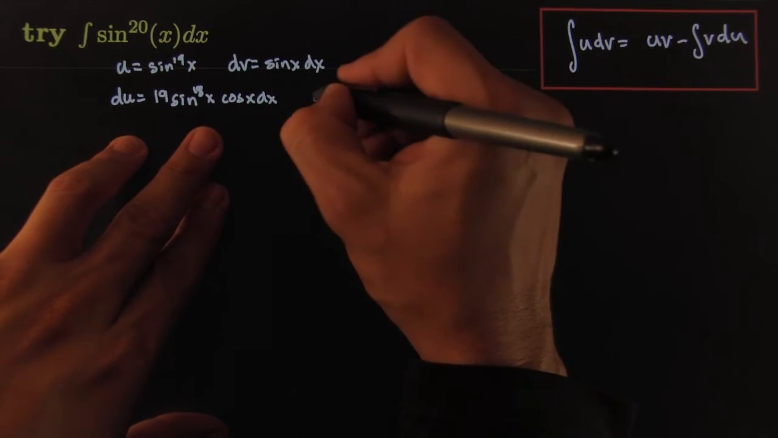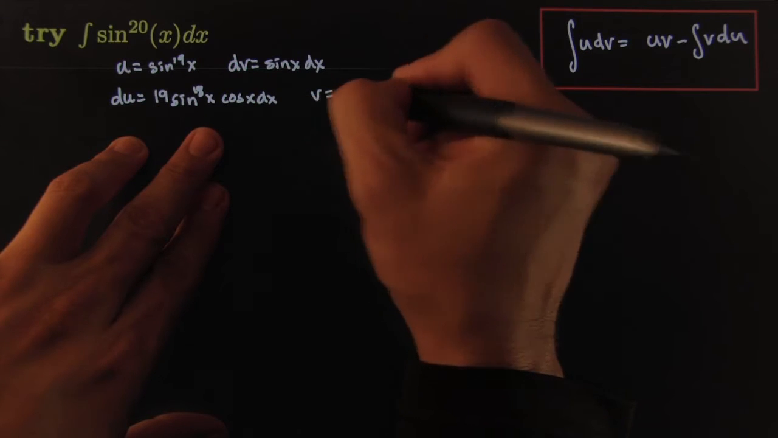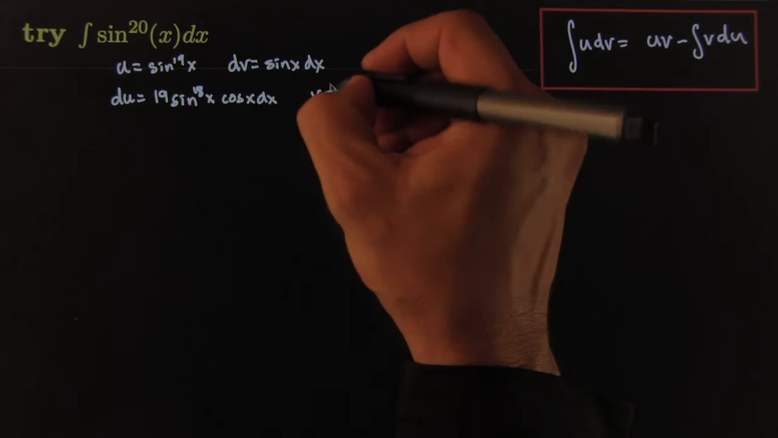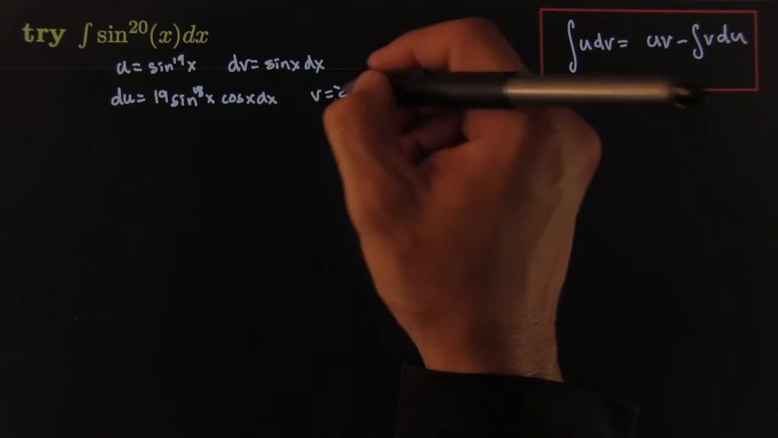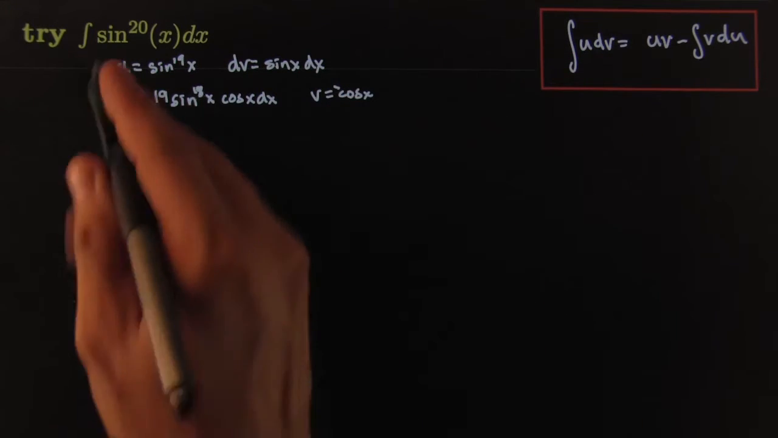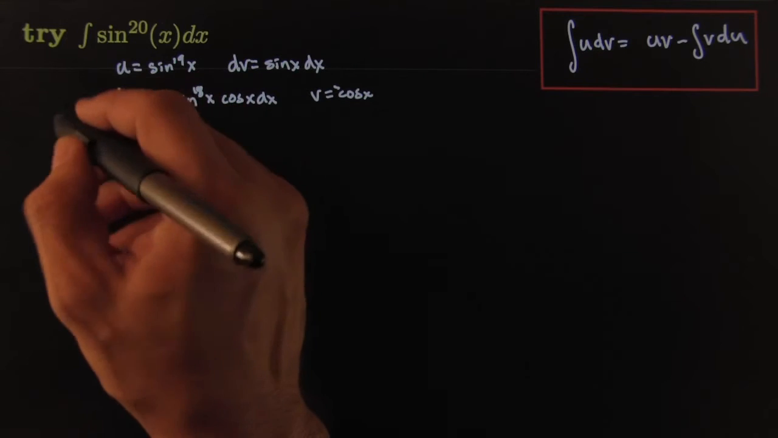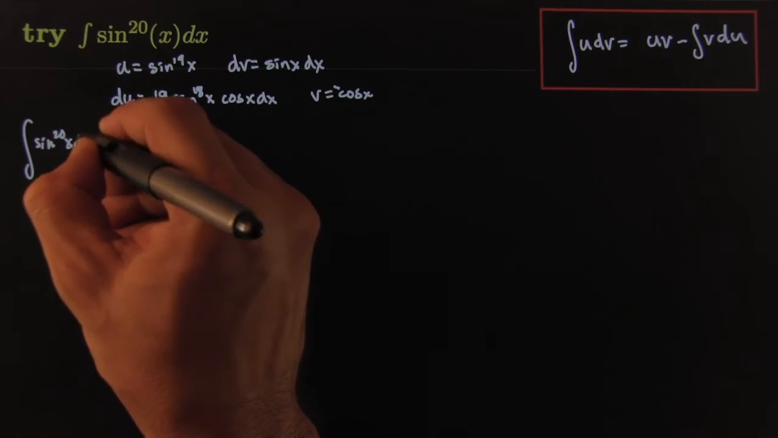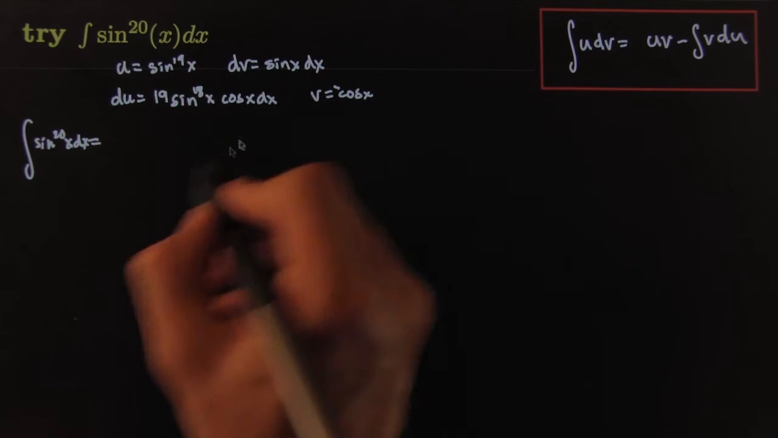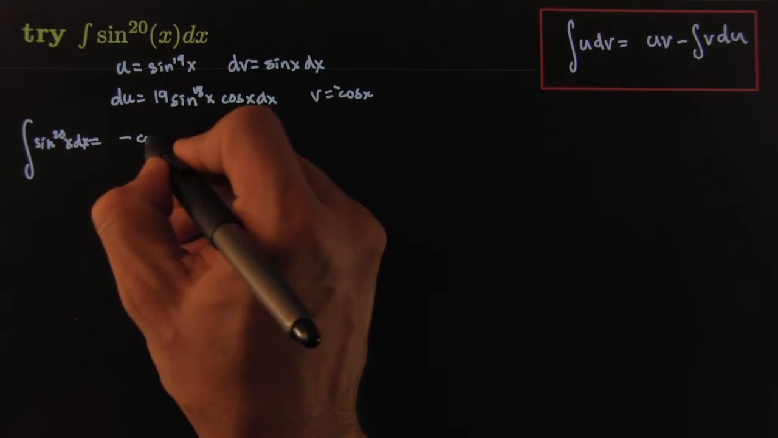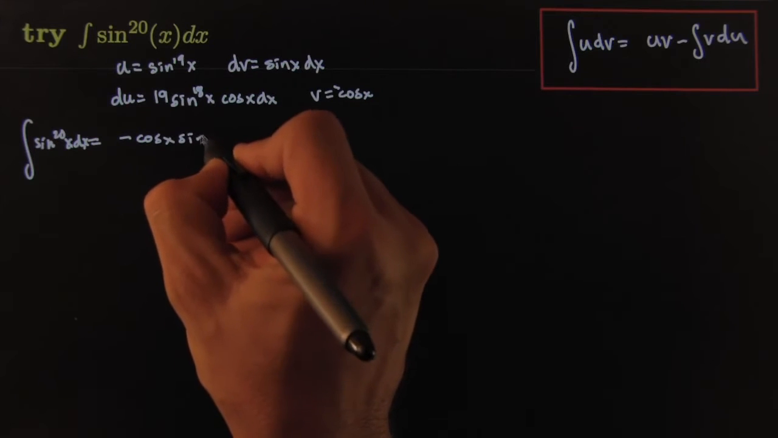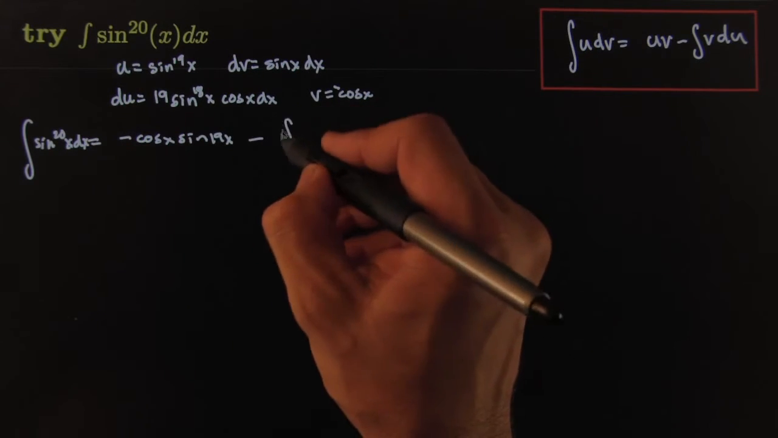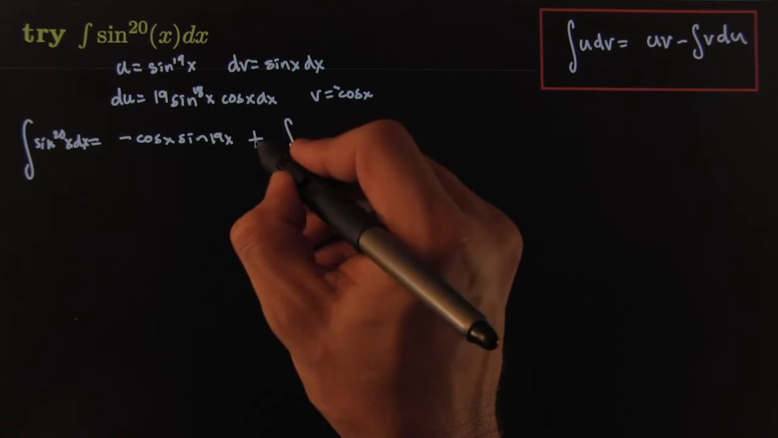Going the opposite way on v, v would be equal to cosine of x. The derivative of cosine is of course negative sine, so I need a negative there. And that would tell me that this integral here, the integral of sine to the 20th x dx, is equal to vu, that would be negative cosine of x sine to the 19th of x, minus the integral of v du. So that would be minus, that would be positive